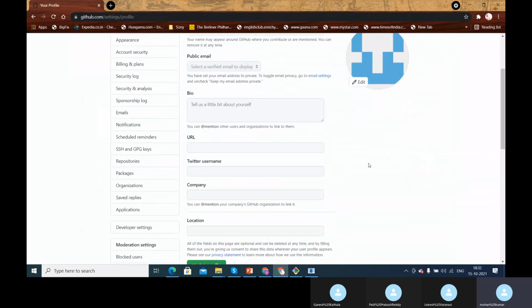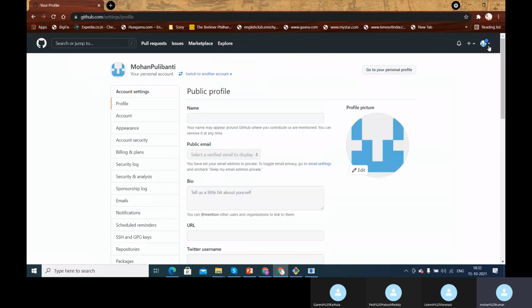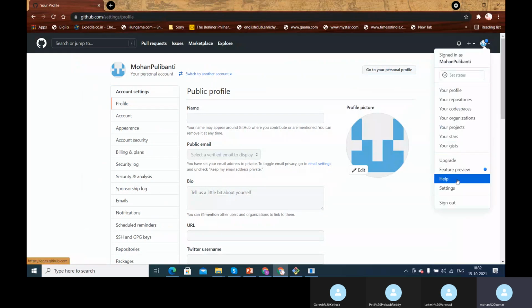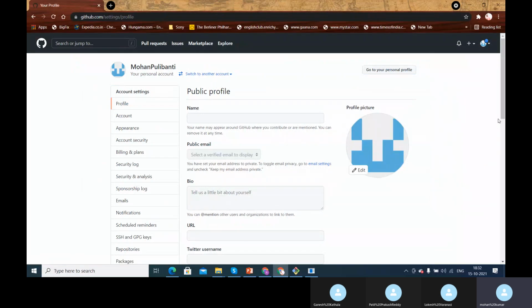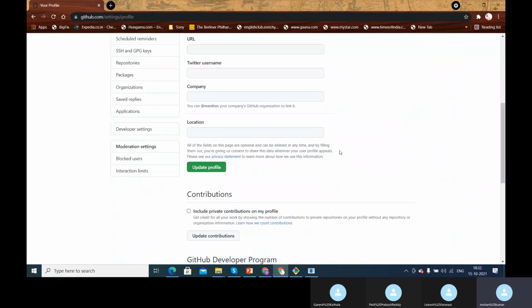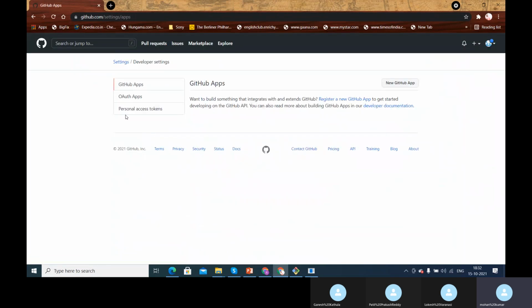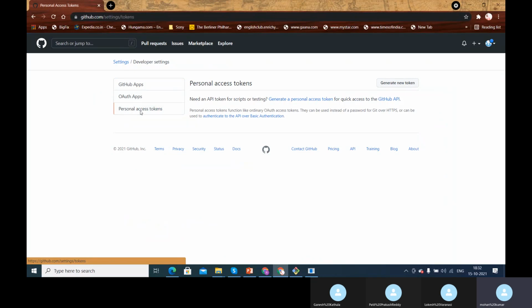Once I scroll down, there is something called developer settings. I'm repeating again for you. It's the path: go to your profile, go to settings. Once you are on settings, scroll down, you will see developer settings. If you go to developer settings, you see personal access token. Click on this personal access token, and you have generate new token.